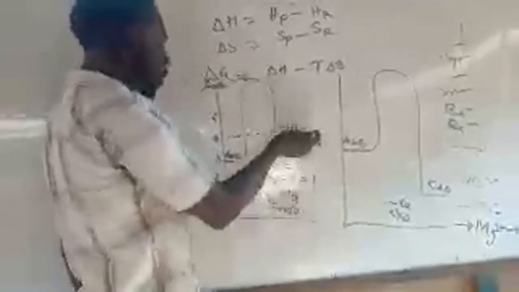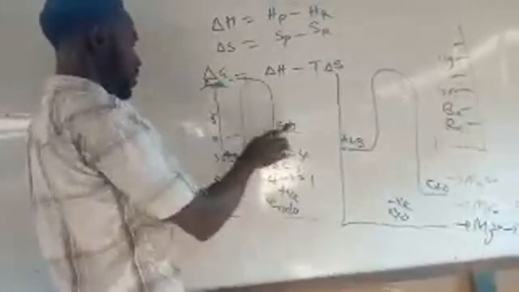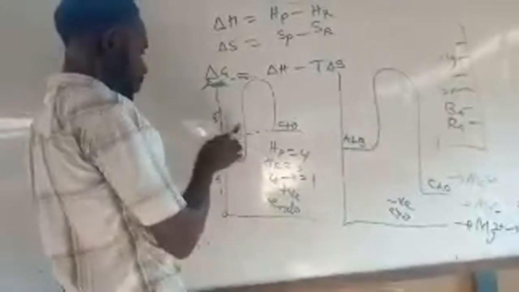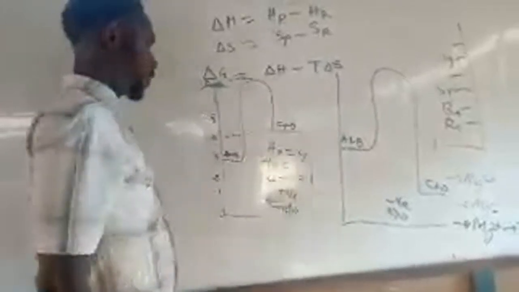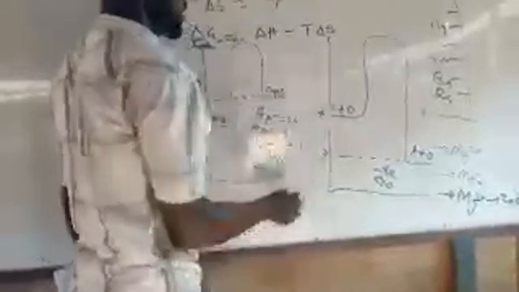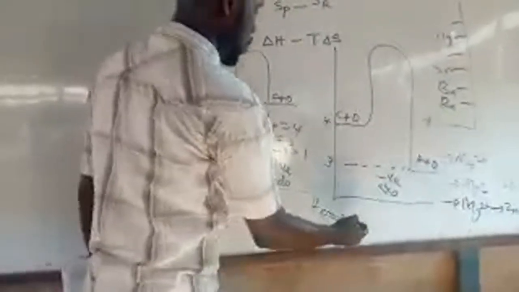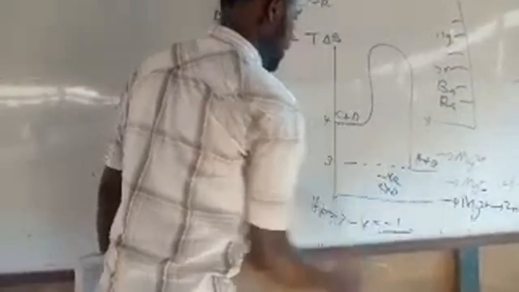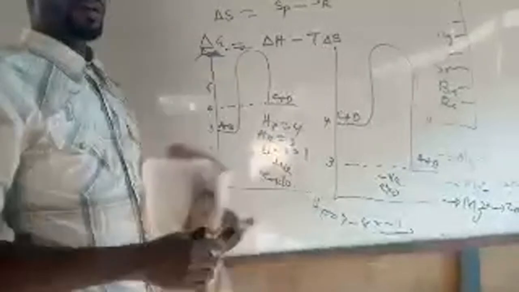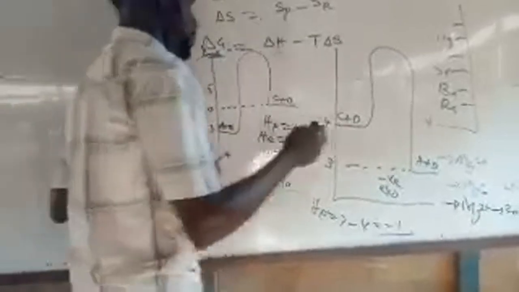But when you consider the reverse here, if you reverse the reaction, I will now change the whole thing. Here becomes C plus D, and here becomes A plus B. This is the level of A, still 4, yes? Then our product here is A plus B. So heat of product, HP here is 3. Heat of reactant here is 4. So what do you have? 3 minus 4, which will give you minus 1. That's why it should be an exothermic reaction.